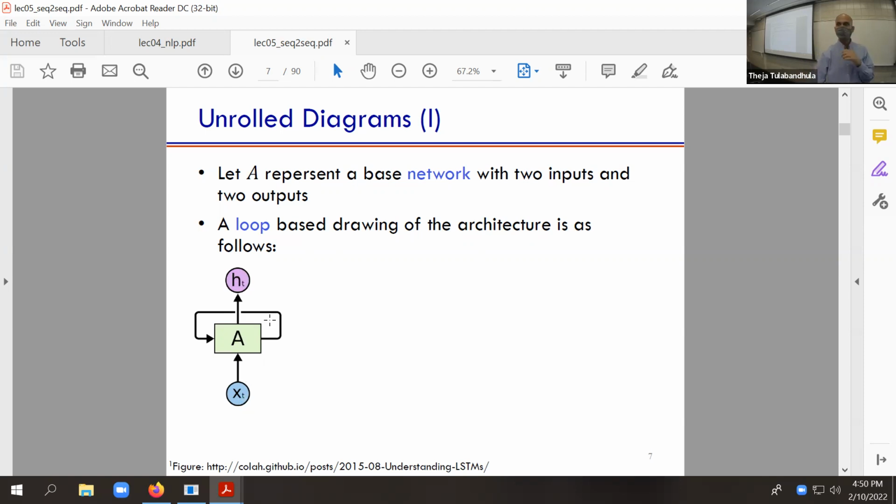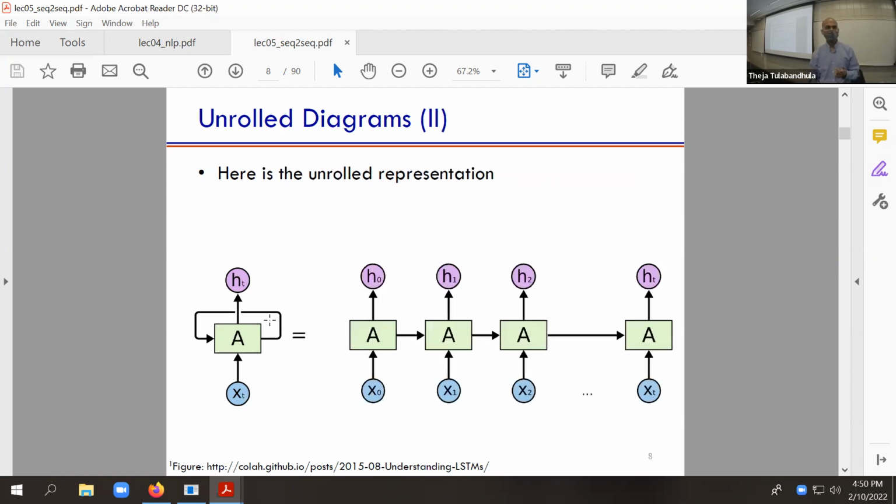Now, to capture persistence, the RNN idea is to call that function again and again and again, but just pass the next input, the next input, the next input, and so on. Of course, there has to be some notion of persistence. So this function is not a single input, single output function, but a 2 input, 2 output function. Why 2 input, 2 output from single input, single output? Only because you